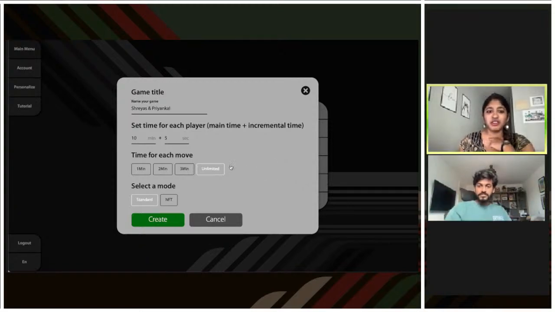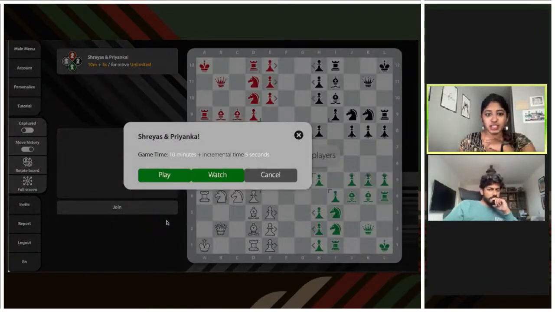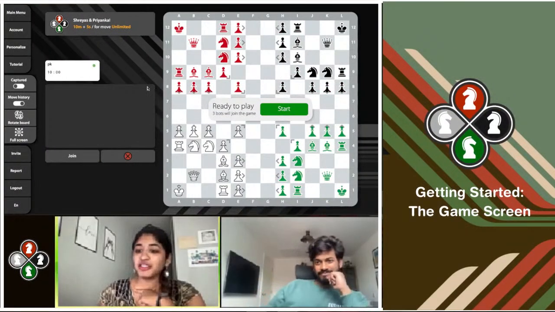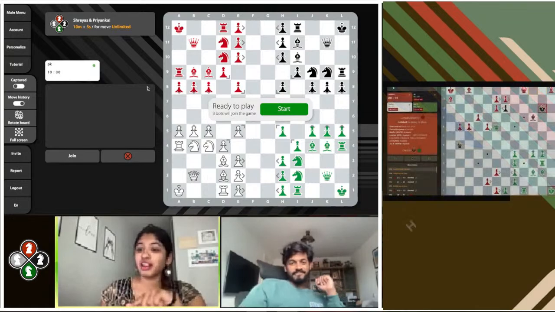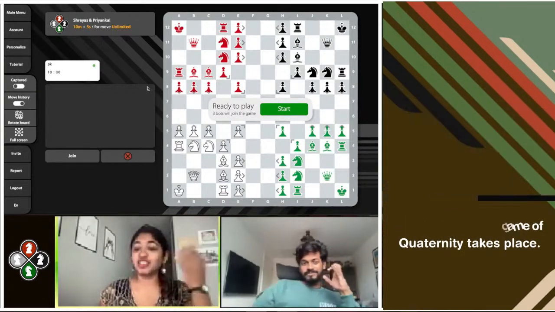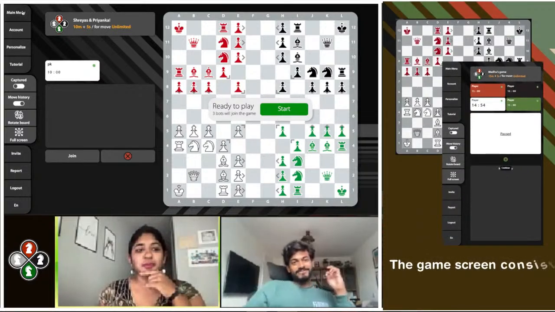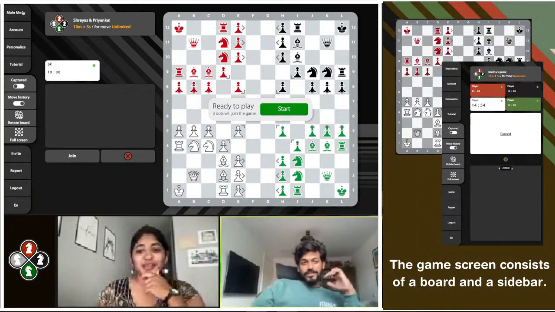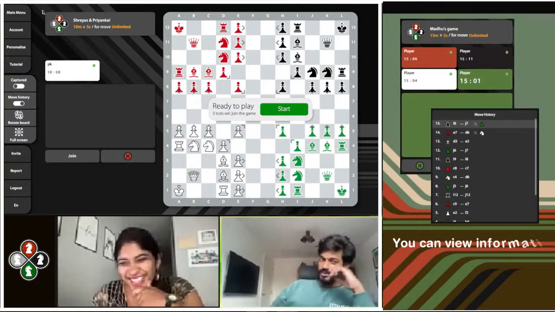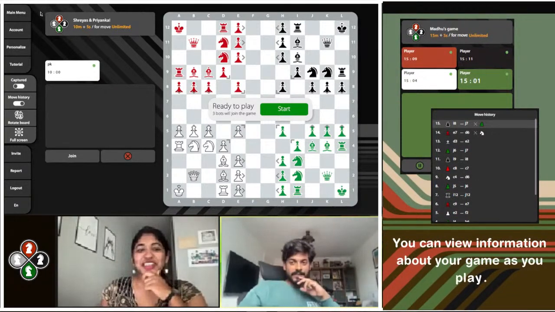Got it. Okay, so I'm gonna hit create on this. Ooh, excellent. And I'm white. I don't love playing white, but especially after our live where you also mentioned you don't like playing white, I feel like that's doubly true for me now. Yeah, I'm not sure my dislike is particularly rational, but I'm not a huge fan of playing white.